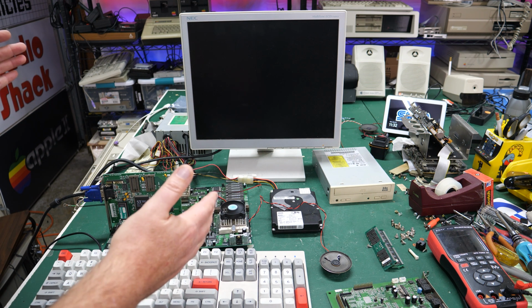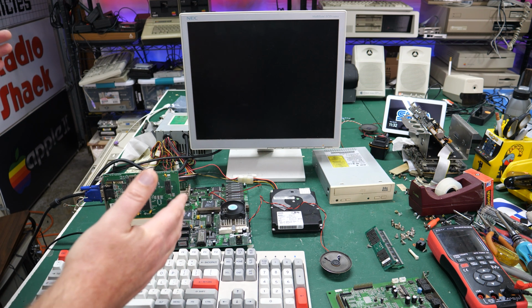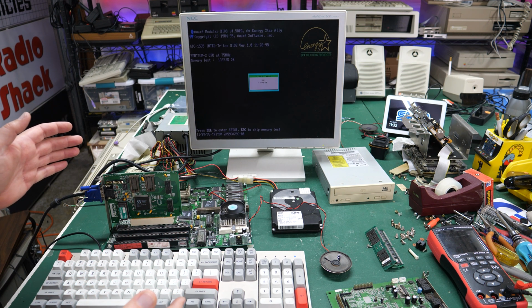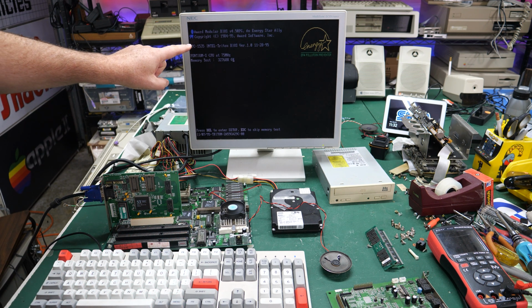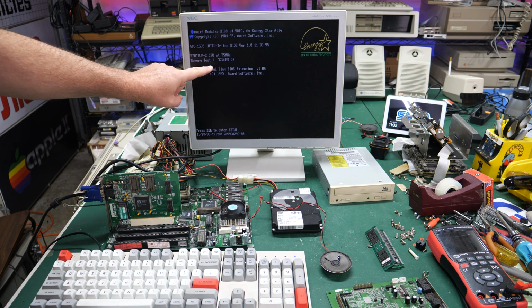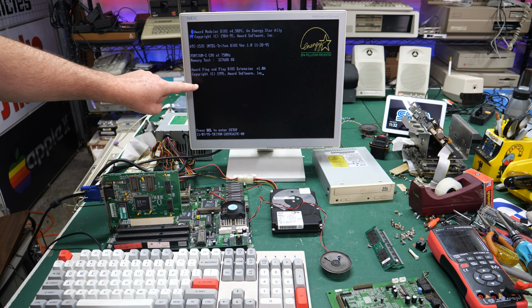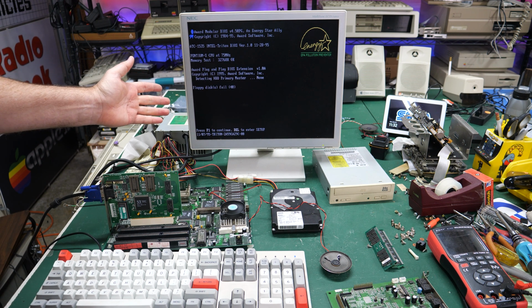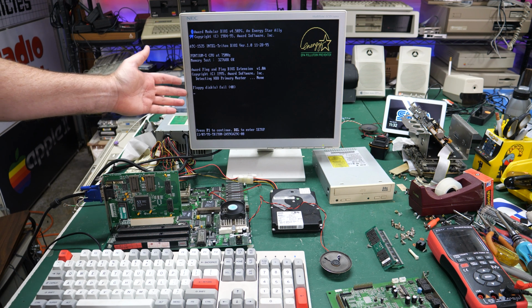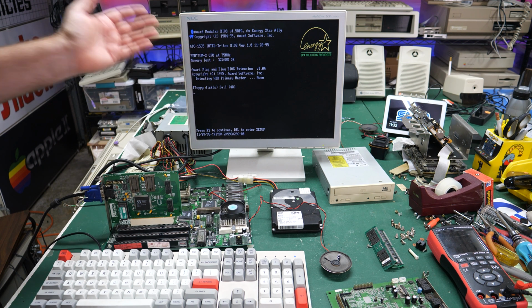Okay, I can hear the hard drive spinning up. Are we getting anything on the screen? Any output at all? Yes! We've got the motherboard listed. We've got the Pentium CPU, 75 megahertz. Counting up the memory, 32 meg of memory. And this looks great. Floppy disk fail, of course, but yeah, I mean, let's get in here to the BIOS